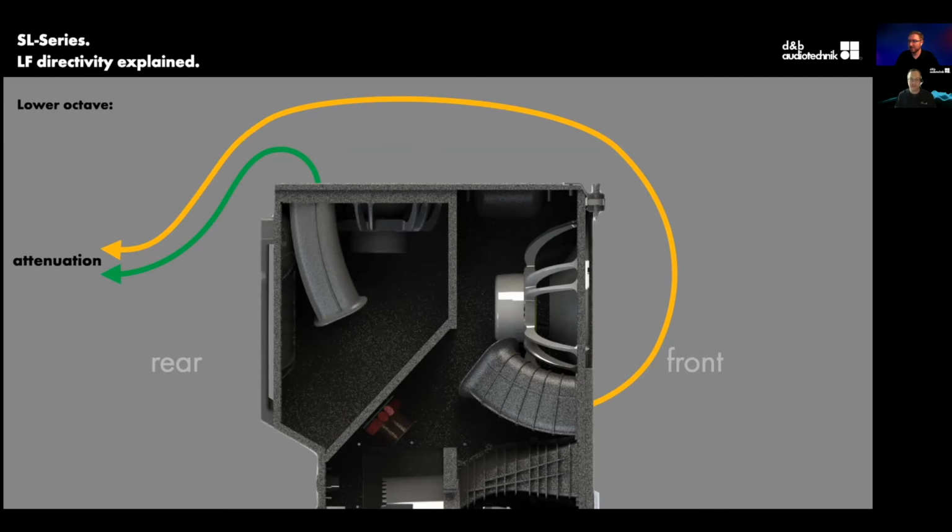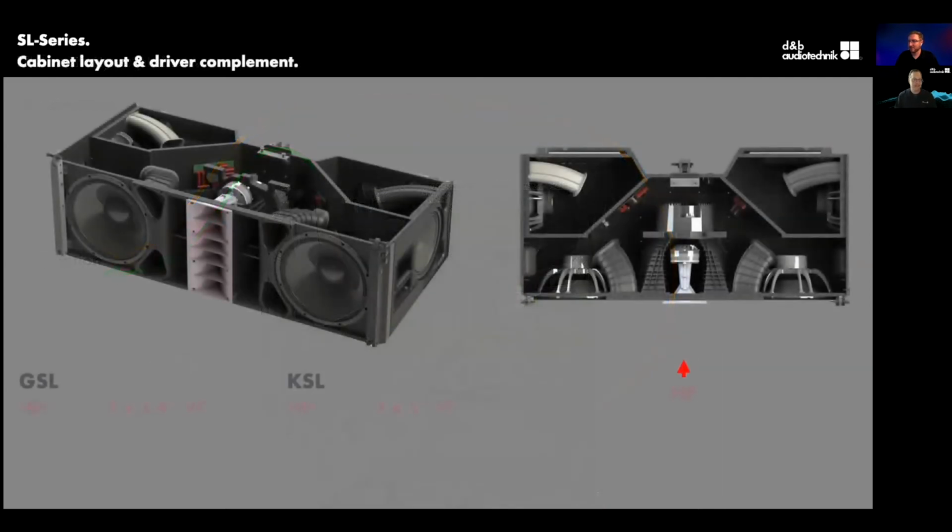But while we have the box cut open, let's dive in a little bit more. There are two parts of the SL series: the GSL and the KSL. For the most part, they look the same on the inside, but let's talk about the differences. For the GSL, there are actually three 3.4-inch voice coils for the HF, and that's really because the GSL is made for the largest venues in the world. Talking about the name, if we can go German for a bit, gross means large or big, right? Grossformat special loudspeaker, and K or klein, meaning small special loudspeaker, able to handle those two applications. But we'll see that the KSL is anything but small by the specs here in a bit.